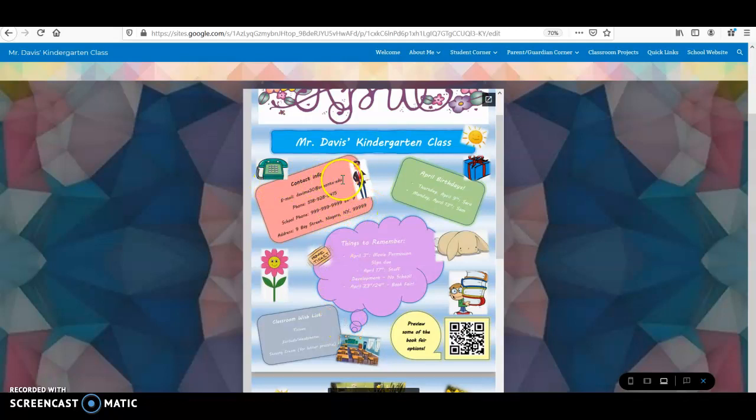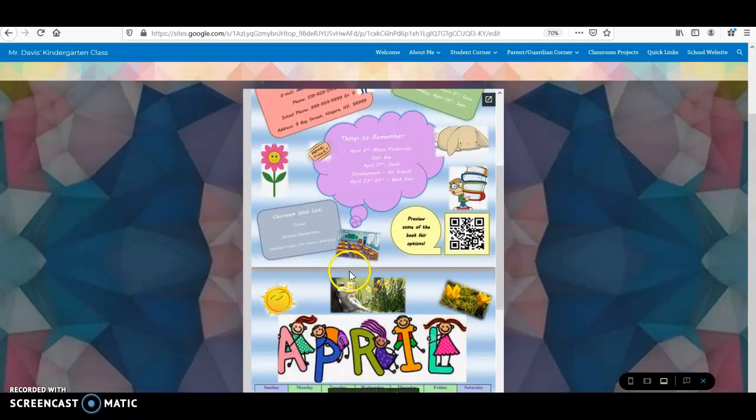So again, I just have more of my contact info here. This newsletter in itself is a little bit repetitive compared to the rest of the website, but it is made that way purposefully because it will be sent home as a paper copy to all families. So families without technology can still access this newsletter, as well as those who are able to access this whole website. So we've got our birthdays, we've got our things to remember here, some important dates for the month, and